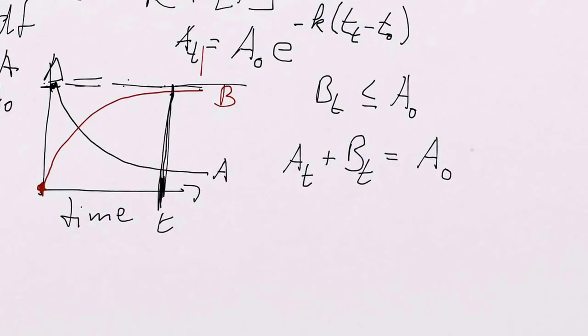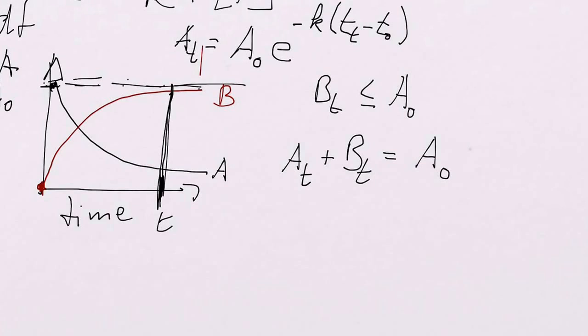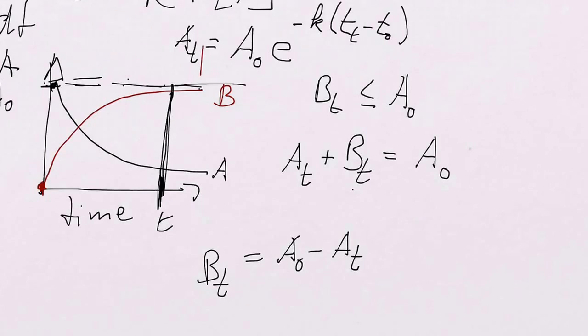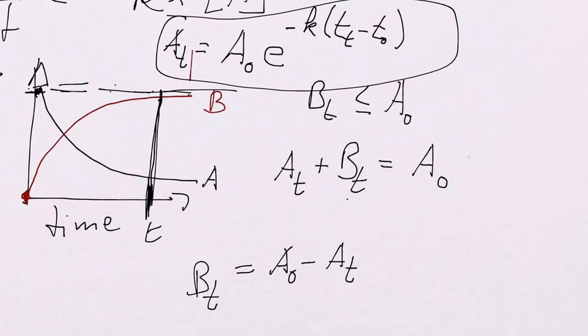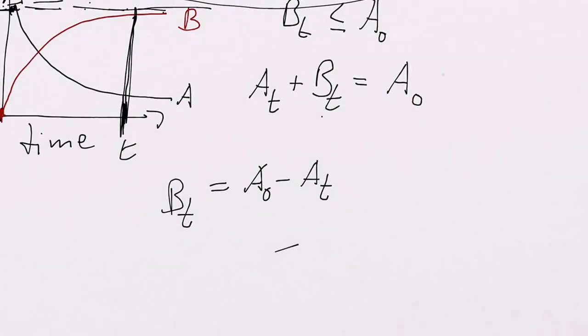So can we come up with an equation that describes the production of this B? So it would start with B(t) equals, well, first of all, let's rearrange this equation here. And we can say B(t) equals A0 minus A(t). It's just rearranging. Now, A0, I know. Do I know A(t)? Look at what I have here. I have an equation that describes A(t). So I can say B(t) equals